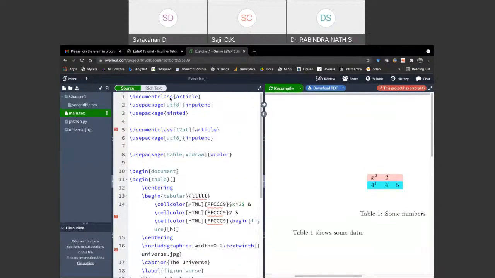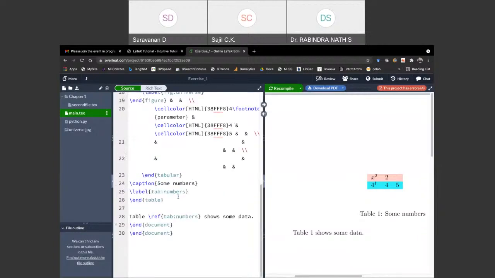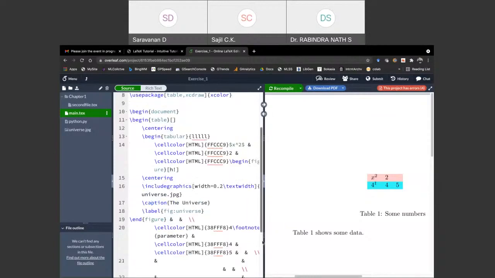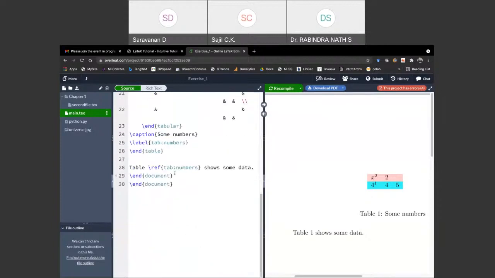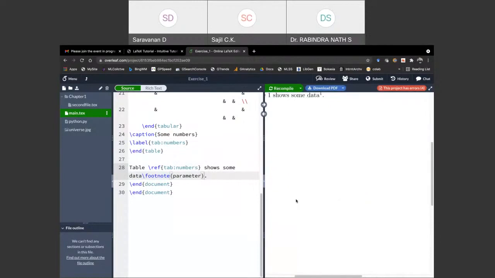suppose let's see if it was, and so yeah, okay, it appears as a double column itself.